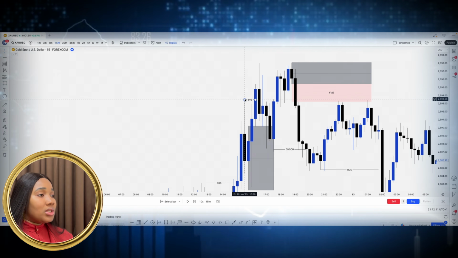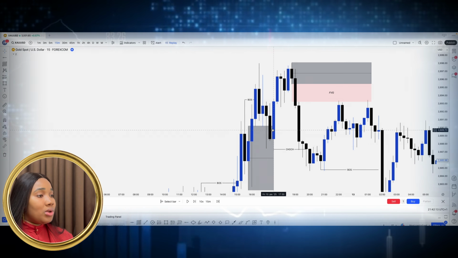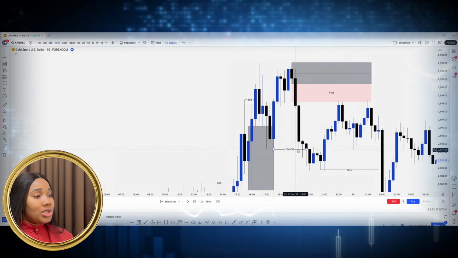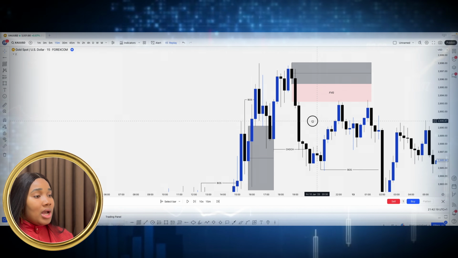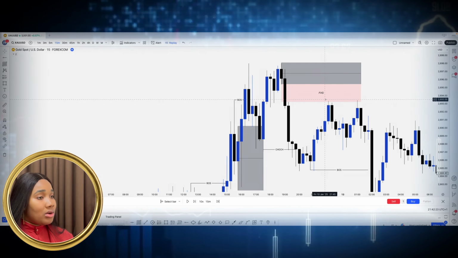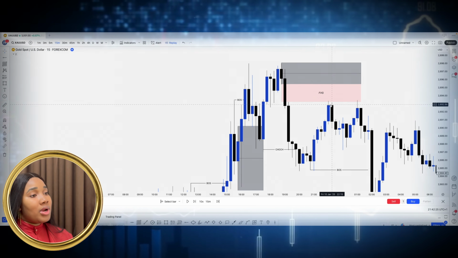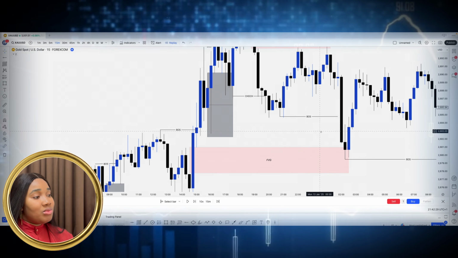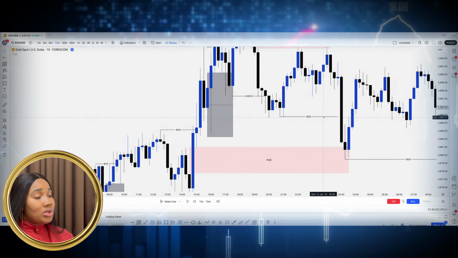Okay. So from here, we got this break of structure. I mapped out the order block, price tapped into the order block, pushed to our direction. And then we got a change of character here. I mapped out the origin that caused the change of character and the FVG that caused the change of character. So you can see how price reacted and tapped into the FVG and dished out this massive movement, giving us